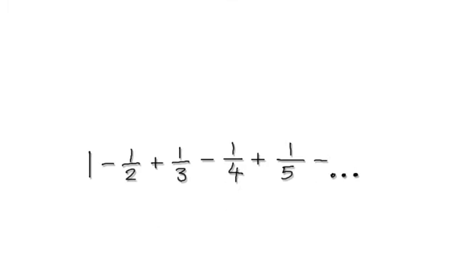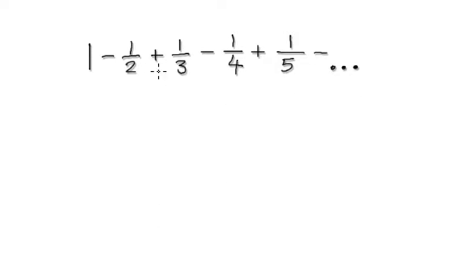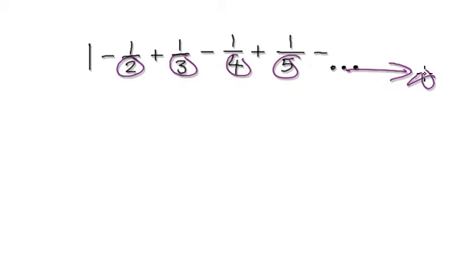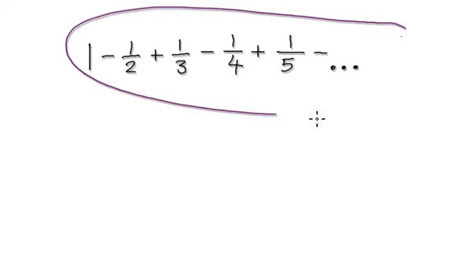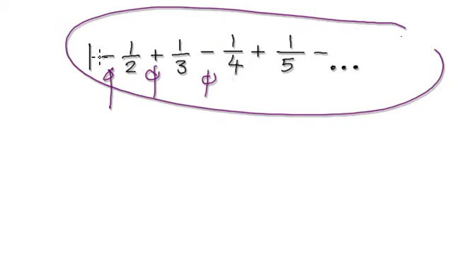In this video, we're going to try and sum up this alternating series. So notice the pattern. You've got 1, 2, 3, 4, 5, 6, 7, all the way to infinity. So we're going to sum up this whole series, even though it's alternating: minus, plus, minus, and so on. Even though it's alternating, if you sum up the whole series, surprisingly, it turns out to be natural log of